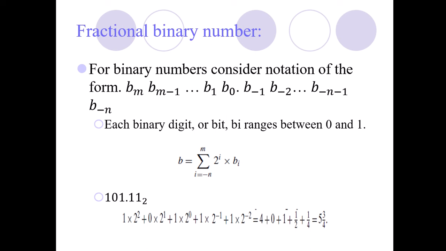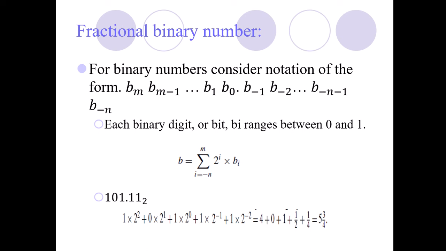Now the representation for all binary numbers is summation i equal to minus n to m of 2 raised to power i multiplied by b_i. For example, 101.11 is represented as,